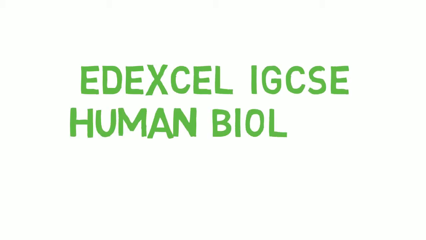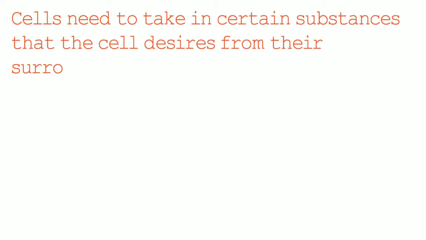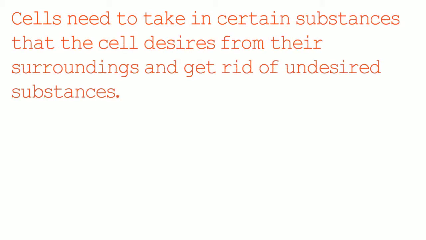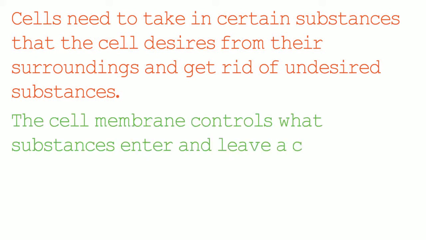Hi, in this video we're going to be looking at diffusion. Cells need to take in certain substances that a cell desires from their surroundings, and they need to get rid of undesired substances. The desired substances could be something like glucose and oxygen, and the undesired substances could be something like carbon dioxide. In addition to holding the cell together, the cell membrane controls what substances enter and leave a